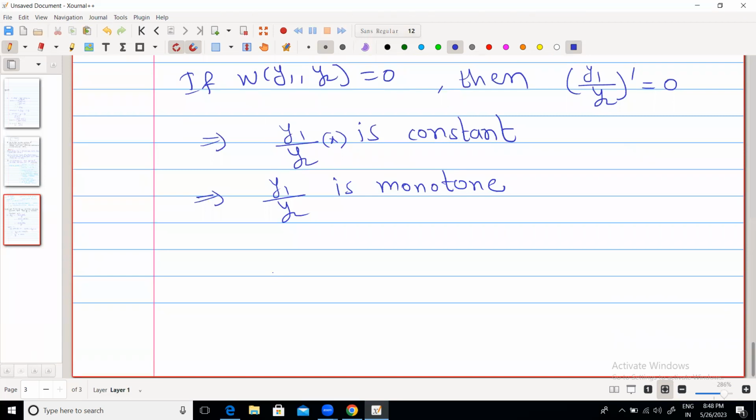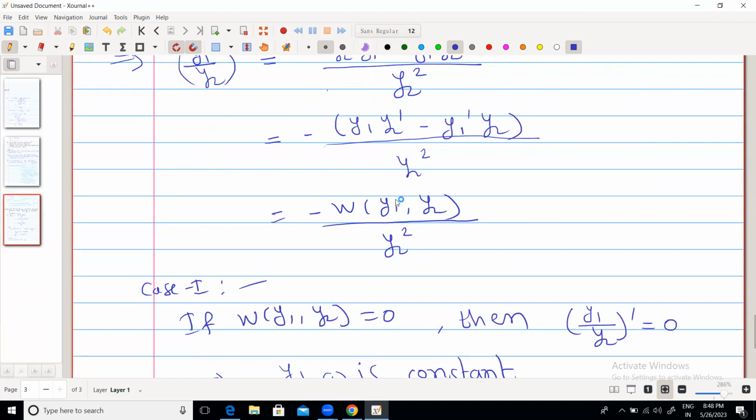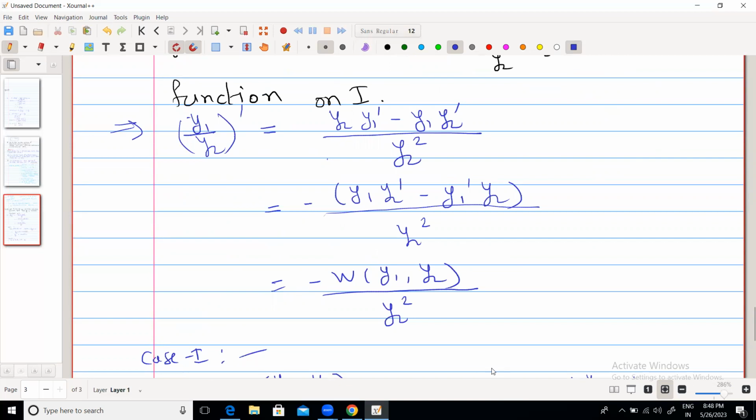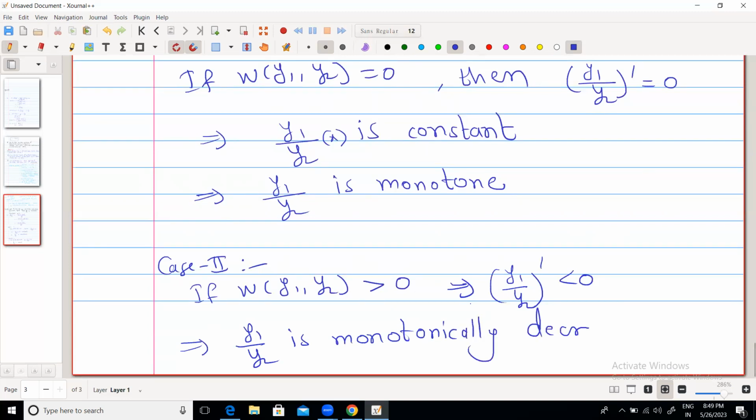Case 2. If Wronskian of y1 comma y2 is greater than 0, then y1 by y2 dash is negative, since y2 square is always positive. Okay, so y1 divided by y2 dash is negative, which implies y1 by y2 is monotonically decreasing in I. Okay,